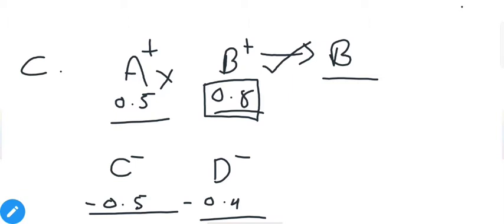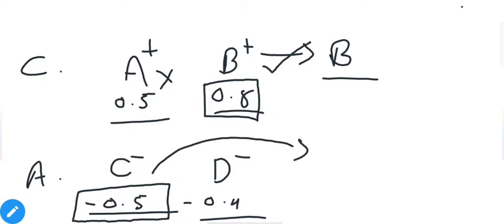Now what about the anodic reaction? On the anode, lower reduction potential value will be oxidized. Higher reduction potential value represents it will reduce itself, and lower reduction potential value represents it will oxidize itself. So the lowest value is for C minus, which is minus 0.5. In this case, C minus will lose an electron and become element C, and no change for D minus will be observed.